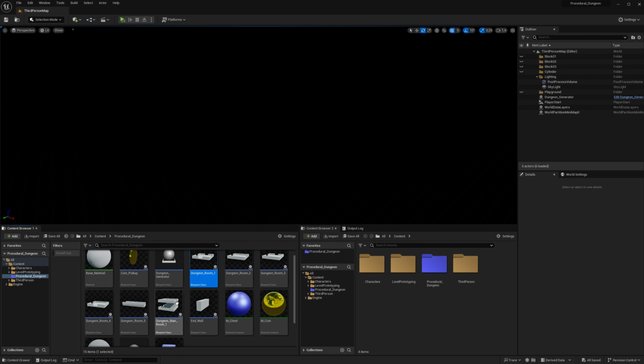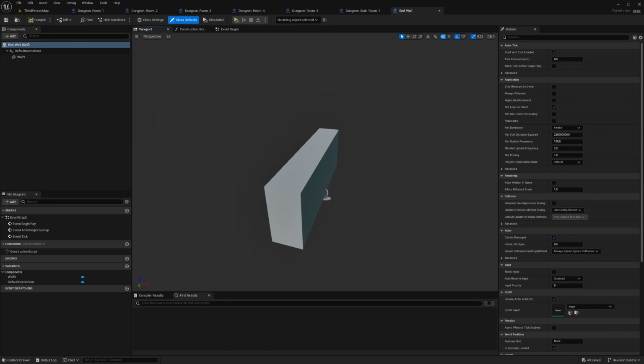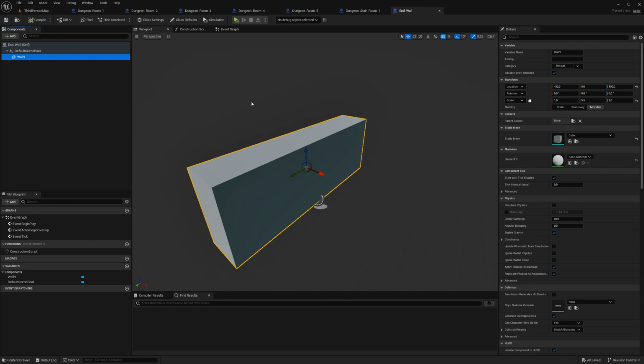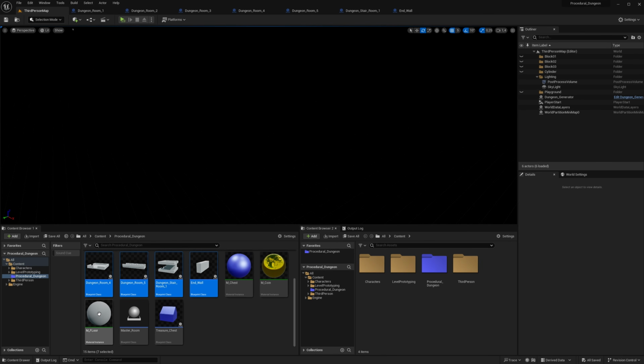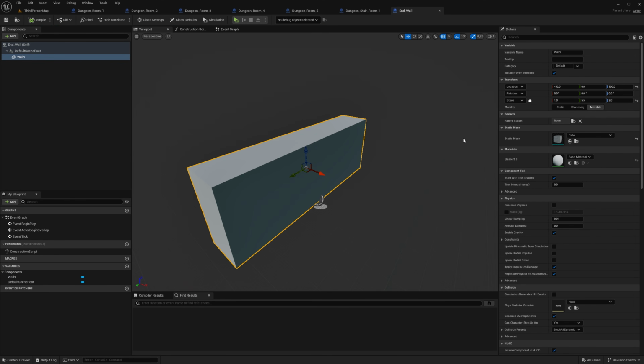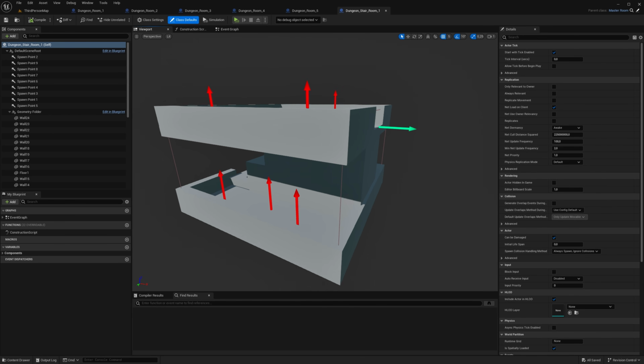Let's open up all the rooms here and the end wall. Open everything up, go to the viewport, find the mesh, then go in here and click on the floor, make sure it is selected down here, so you can just plug it in with the arrow. Click the arrow. That's not a floor. Forget the end wall. Go to the next room, viewport.